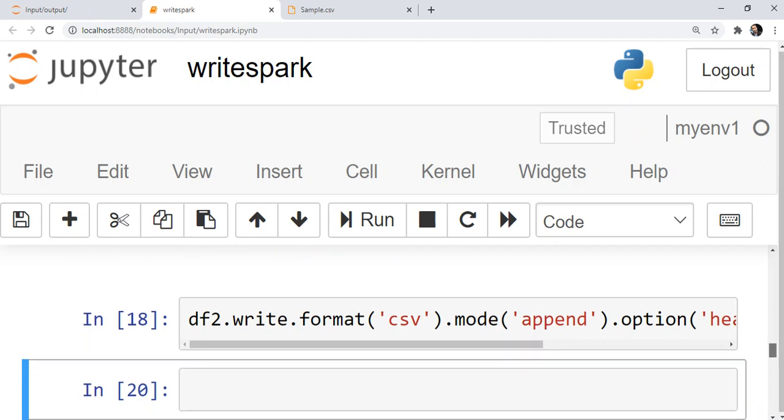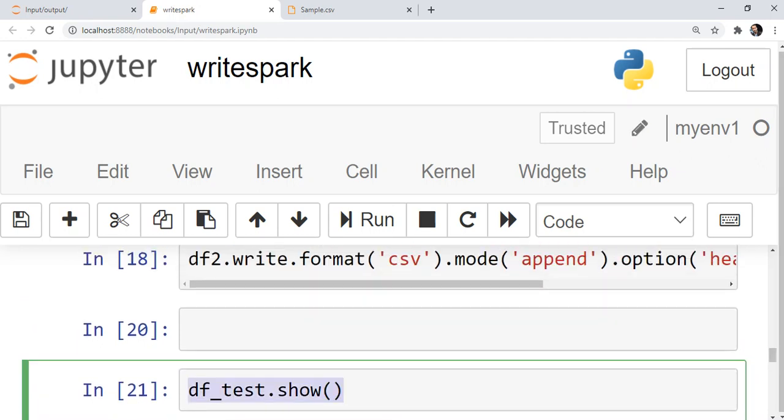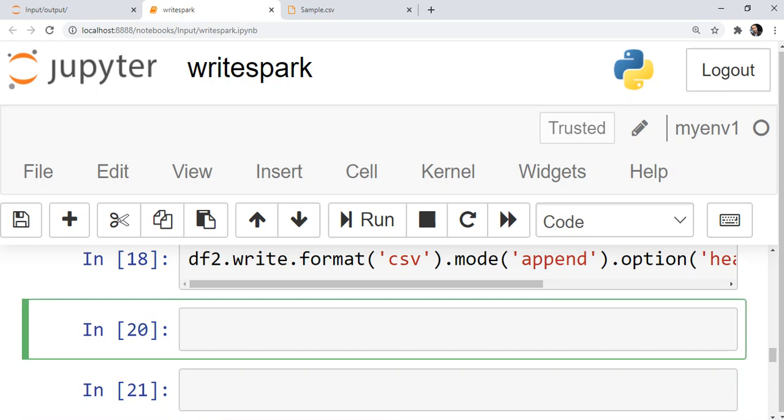So what if you want to write it in the parquet file format? We will just try one thing, format as parquet. So instead of this, I will try to write the existing data frame, because that has 10 records, in this format, right?